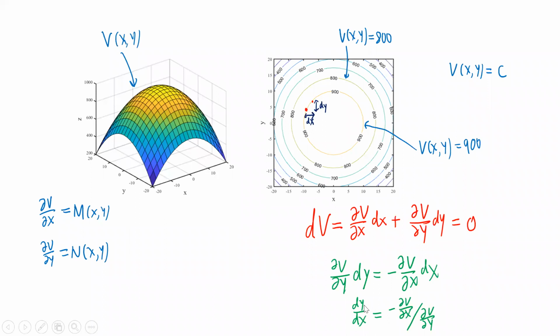The requirement for this y is to make sure that you go along a contour line. So y and x, you're not really treating them as independent variables anymore, right? Because you need to make sure that you go along this contour line. So then this dy dx is given by the ratio of the two partial derivatives, which is just the ratio of these two functions. So let me just write it as minus capital M